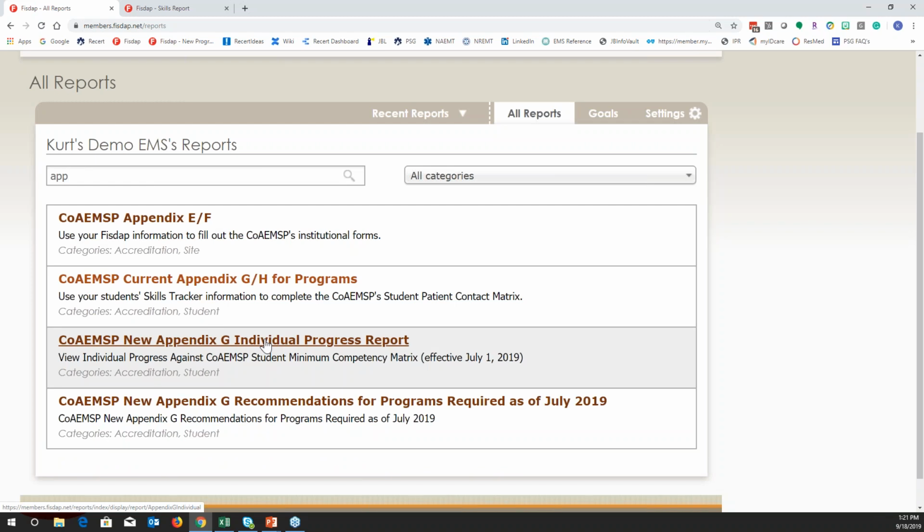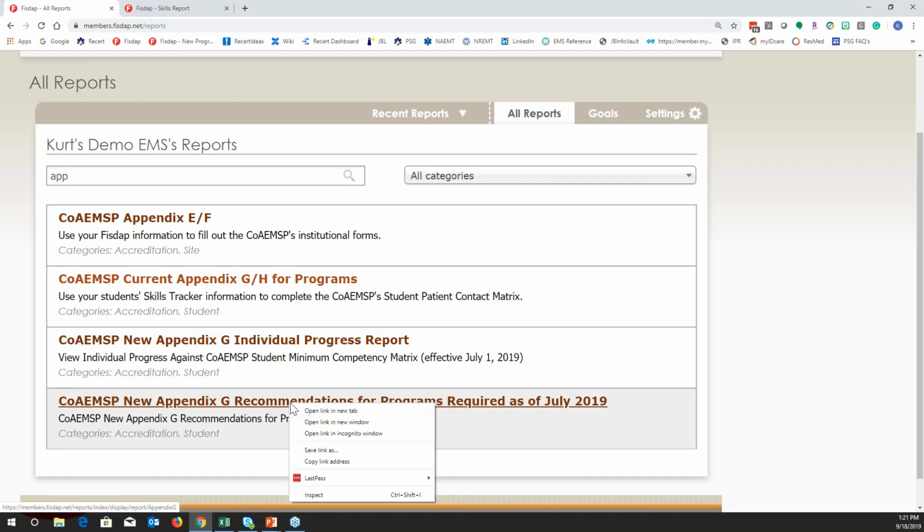We've narrowed down a bunch of little fixes. The work has been done. We just have to get it into a live status, and that'll help clear up a lot of these. But do know that the new Appendix G, this report here, actually what we do for the first time is